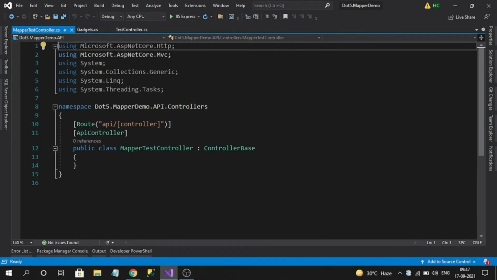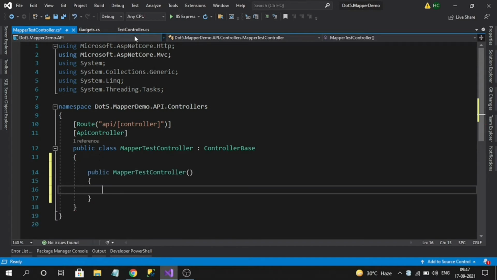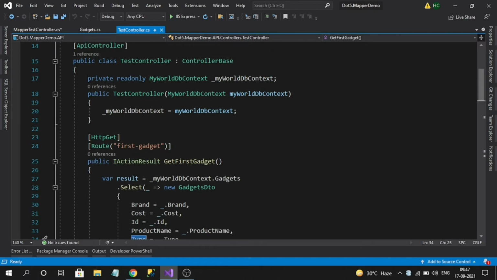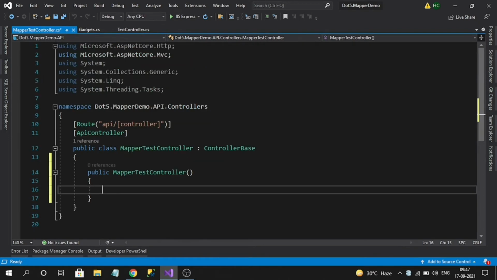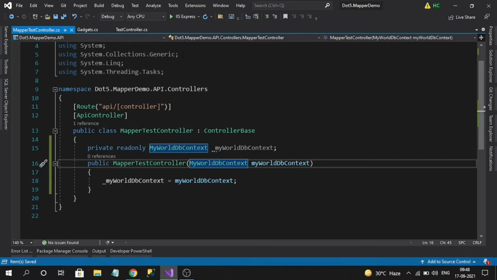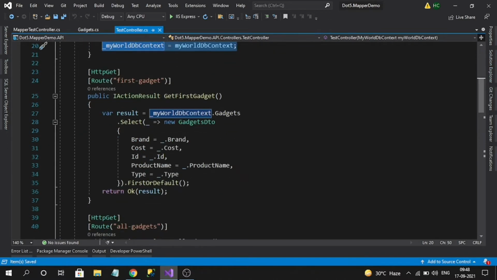So first thing is, let's inject the DB context into our new controller as well. So I have injected my context. And let's copy this entire action method here.